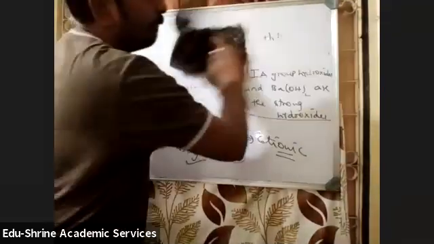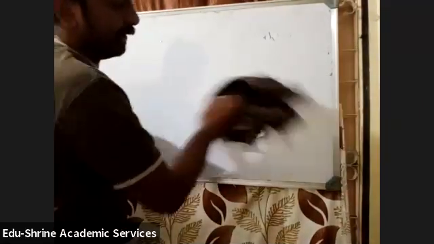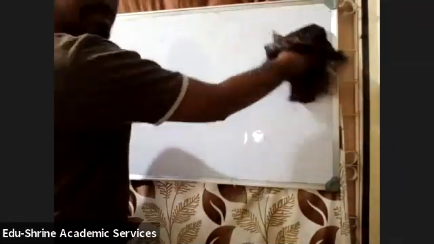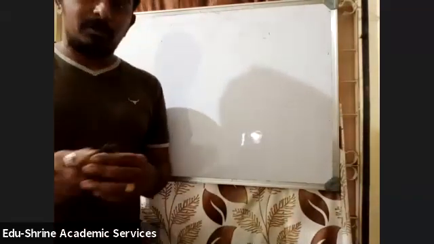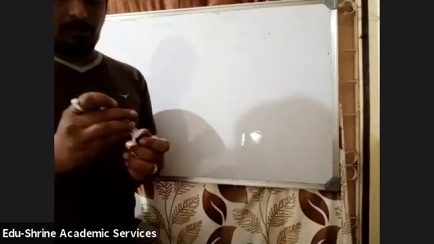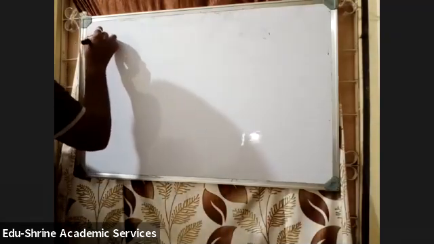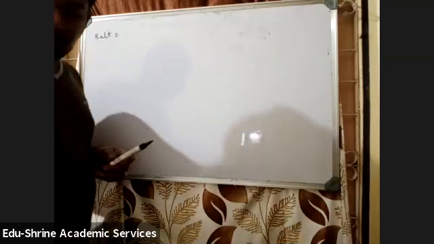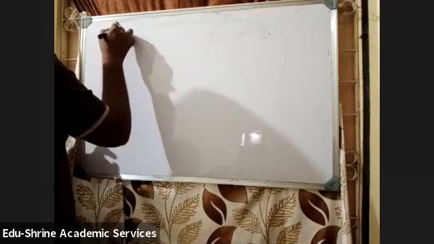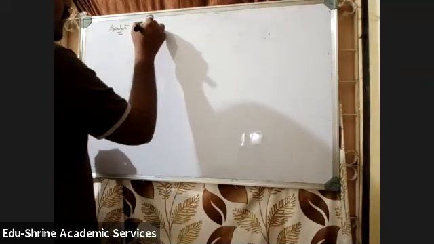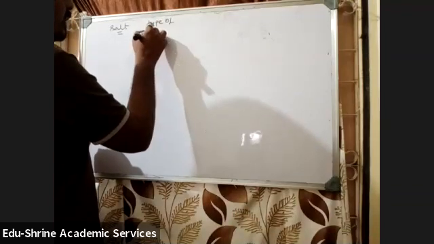Now I'll give all the formulas in the form of a table, whatever derivations we have done in the class in first PU, all the things I'll give in the form of a table. So write down the table. First one is salt of, let me make a table. The salt, what type of salt it is. Next one is what type of hydrolysis, type of hydrolysis.